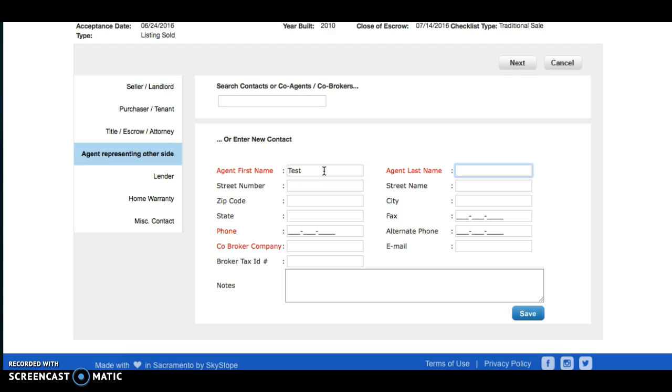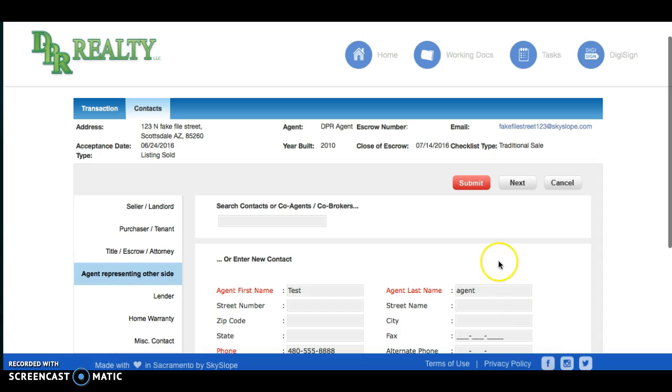So we're going to fill out the information for the other agent that is representing the other side of the transaction. Again, we must have a phone number filled out here. We're going to click Save, and we have a Submit button that just popped up. So now we click on Submit,